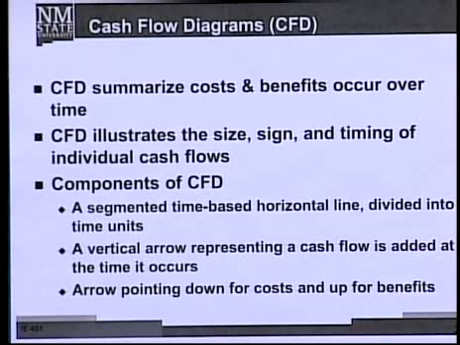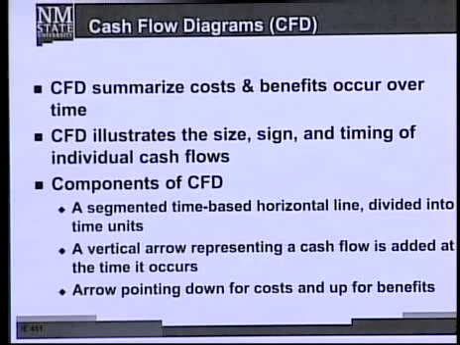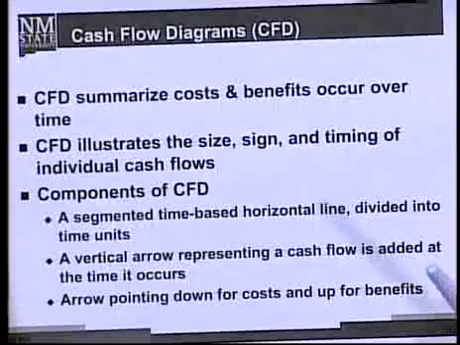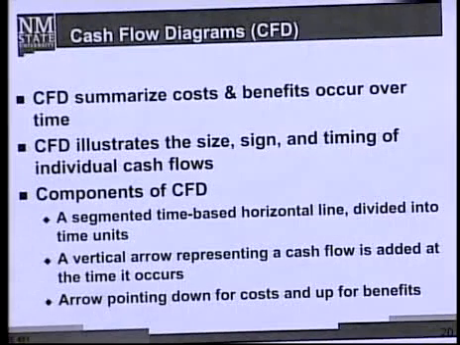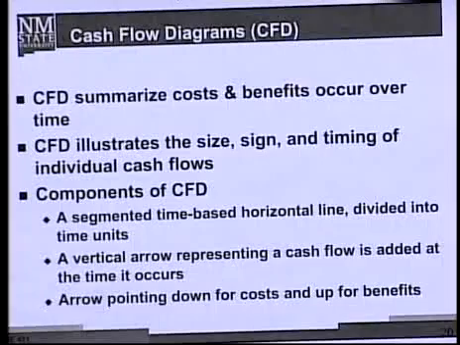And the vertical axis represents dollar amount, and arrows show the timing and amount of revenues, those are the receipts or benefits, and costs, those are the expenses. Okay? The receipts or benefits are drawn as positive arrows, that is, arrows pointing up. And costs and expenses are drawn as negative arrows, that is, arrows pointing down. Okay? So,